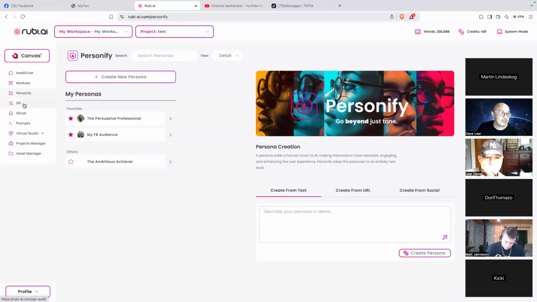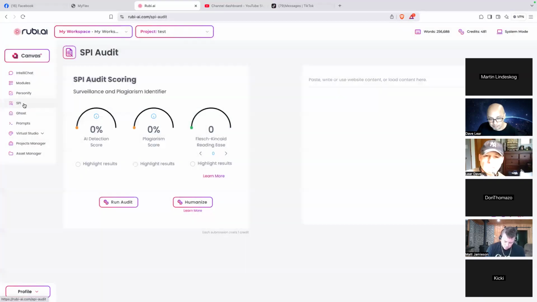Then the next one is the SPI. Okay, so the SPI is the audit scoring, because nowadays, because of the presence of the chatbots and the AI, there are also surveillance or AI detection apps that they're using. And it will definitely affect the SEO if you're using AI just to create your contents.